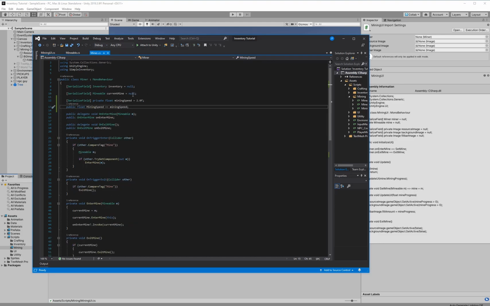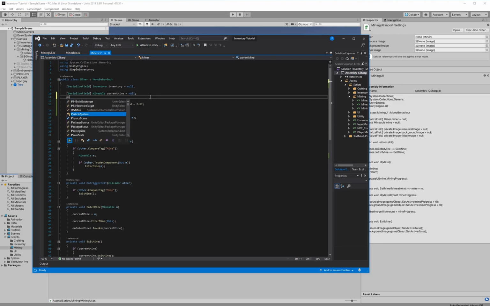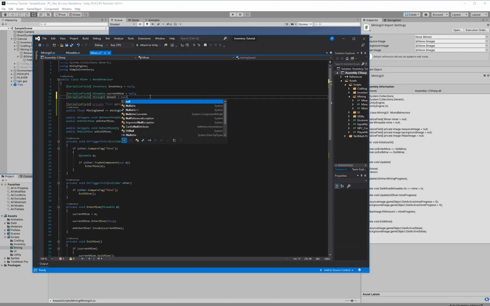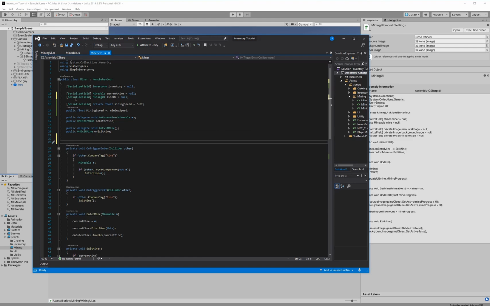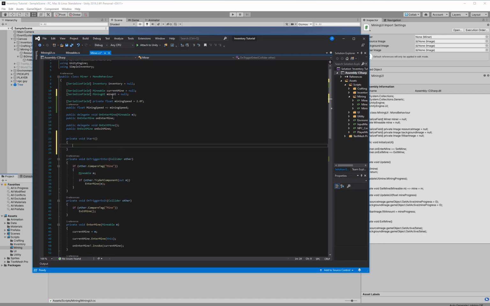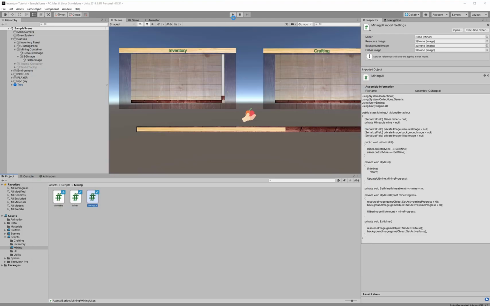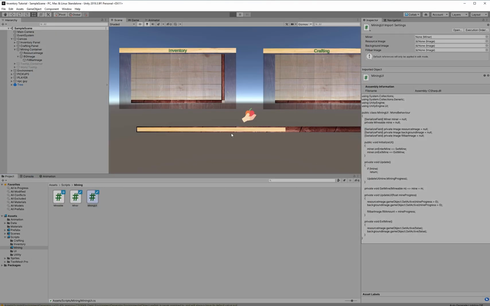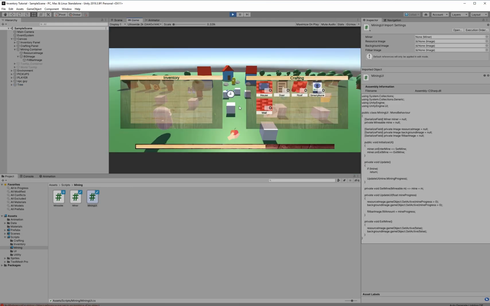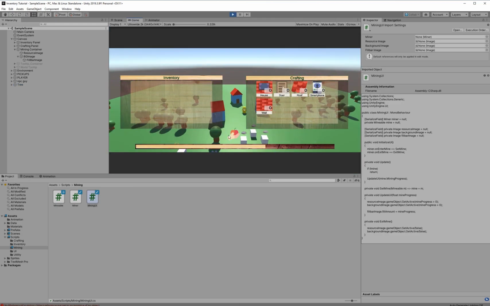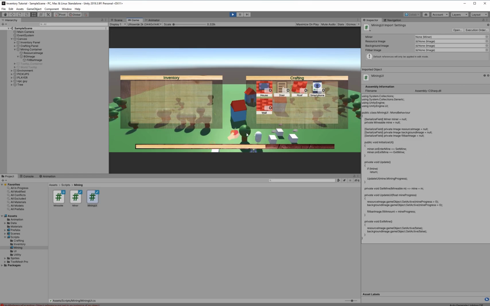Okay, so let's take a reference of our MiningUI. Oops. So now in the player we have a reference to the MiningUI, and we're going to go ahead and implement the start callback, and we'll say MiningUI.initialize. See if that works. So we'll still have this active when we start the game, but when we go to a mine,